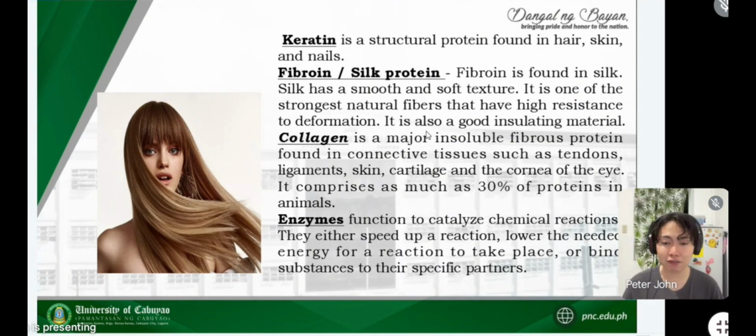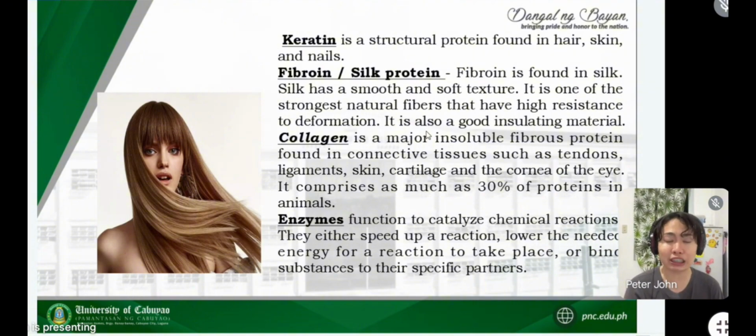Next, we have the fibrous or silk protein. So, ito na nga, kanina yung sabi natin. Then, we have the collagen. O, ayan. So, ito, sikat na sikat to ngayon sa market because collagen is good for your internal body and for your physical or outside yung body. Kasi nga, collagen is an essential amino acid for your youth look. Kung bata pa tayo, we are rich in collagen.